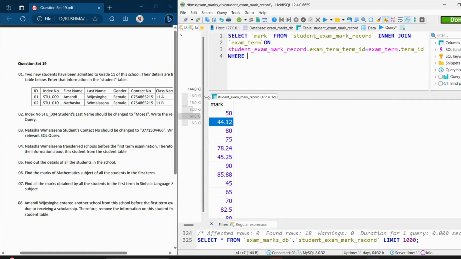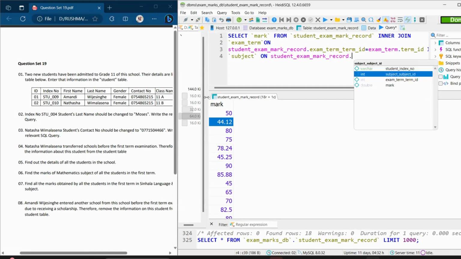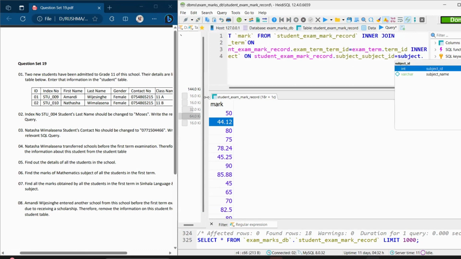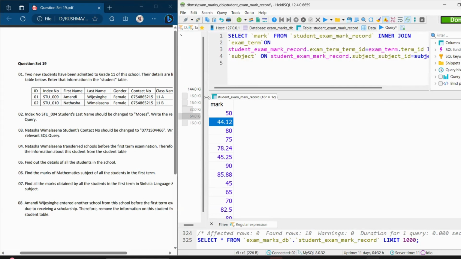And then I have to put the conditions. I have to say where, and also I forgot one thing, that is I have to inner join again another table, and that is the subject table on the subject ID should be equal to the subject ID in the subject table. Then I have to put the where statement, and I have to say the first term, sorry, the term name should be equal to first term,